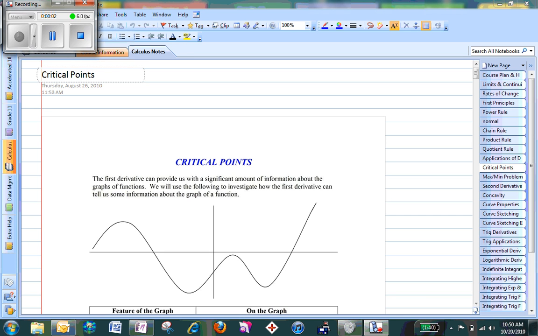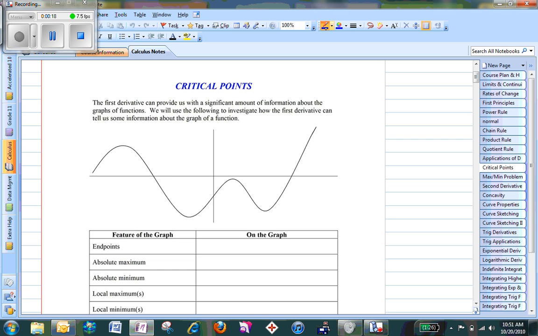Hey everyone, today's lesson is on critical points. The first derivative can provide us with a lot of significant information about the graph of functions, and we're going to investigate what it is that it tells us. So, given the graph that you have on your page right now, I'm going to put on some key points